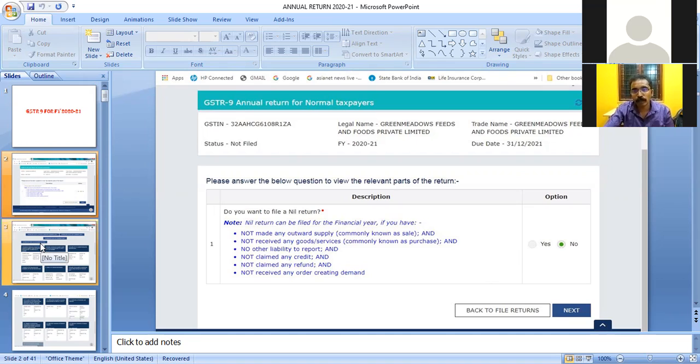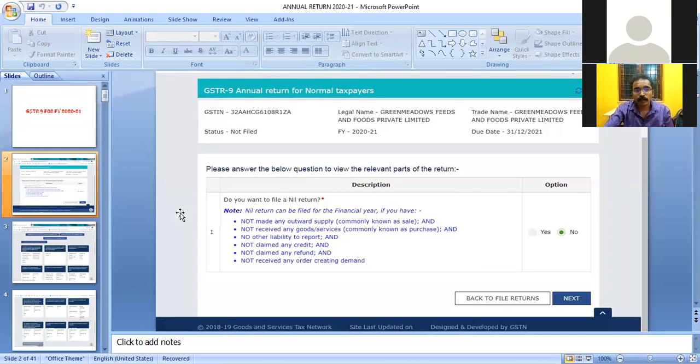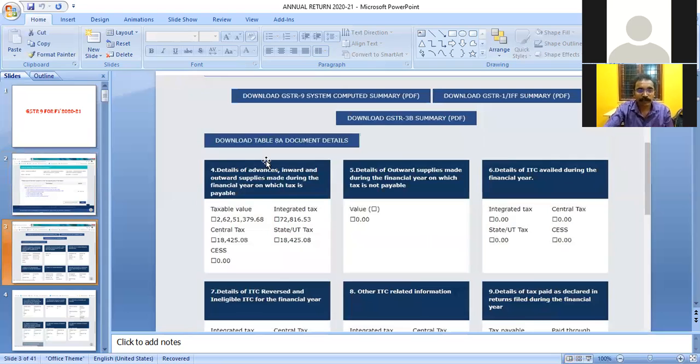If the nil return option is selected, he can file the return easily. If he has not selected nil return, he has to fill in additional details to file GSTR 9. After clicking no, he has to proceed to the next step for filling up the data.